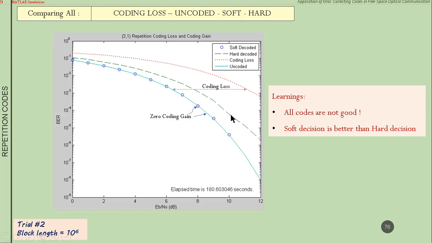These circles, these dashed lines, these two are showing our decoding stage, and this line is at the detector, the coding loss that happened